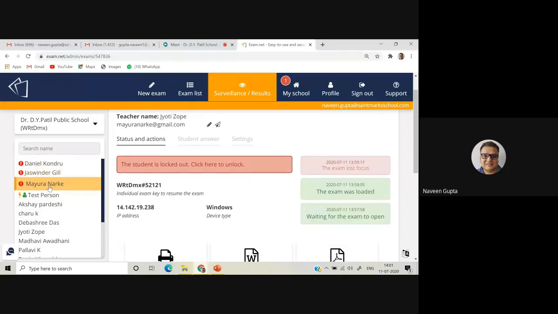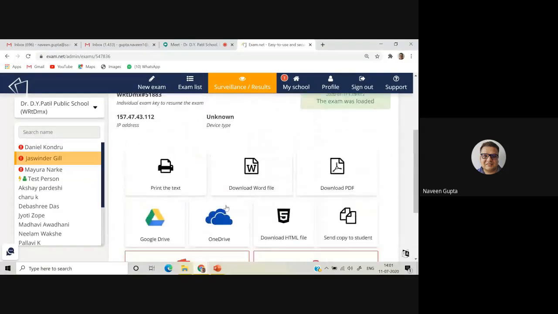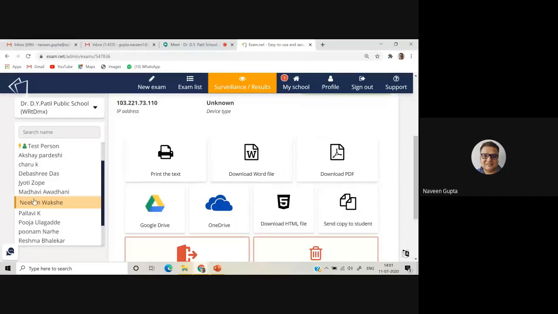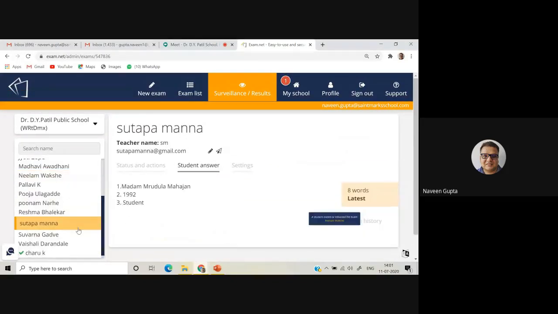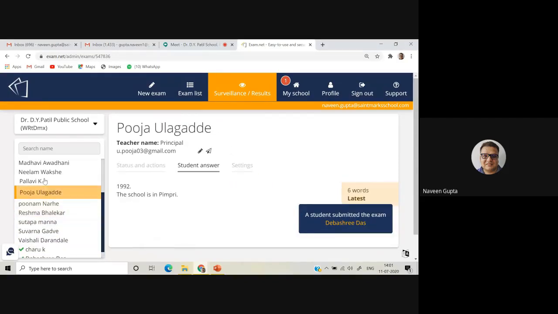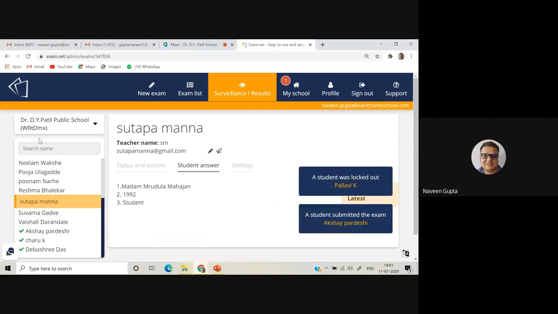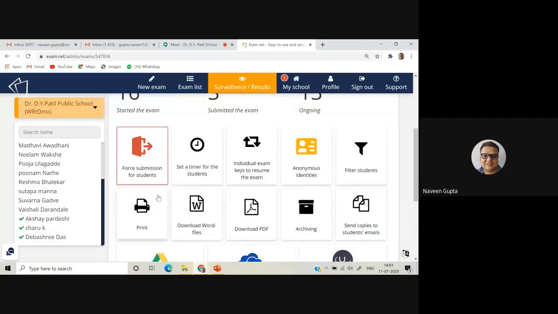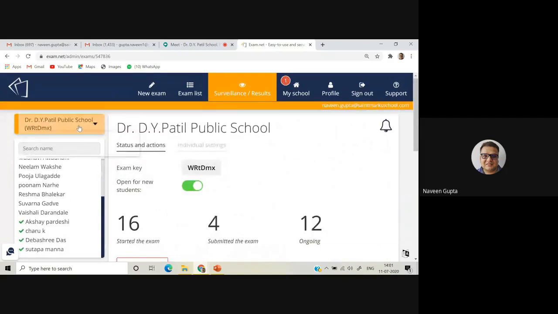Many people have different devices and everything, you can see it here. Now I can close this exam if I want to, because it was a very simple exam. I can check the exact position of the test, what people have written. Once you submit the exam, it will come to me. You can see all the answers. I can also make it time based, so that automatically after that time, the exam will be over.